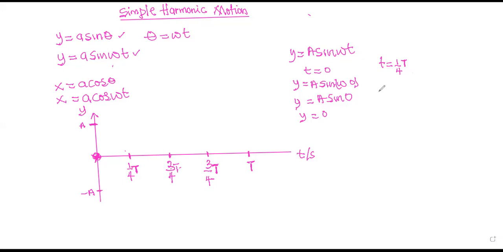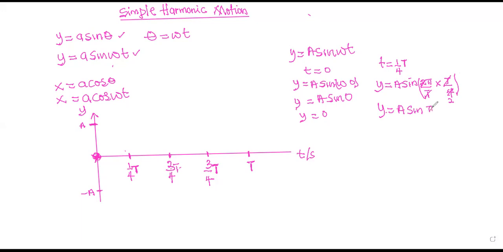All right, let me do that for you. So y is equal to a sine omega t, where omega is equal to 2 pi over the period. And we are given t to be equal to quarter of the period, so T over 4. Okay. So we have the period canceling this period, 2 going into 4, 2. So we have y is equal to a sine